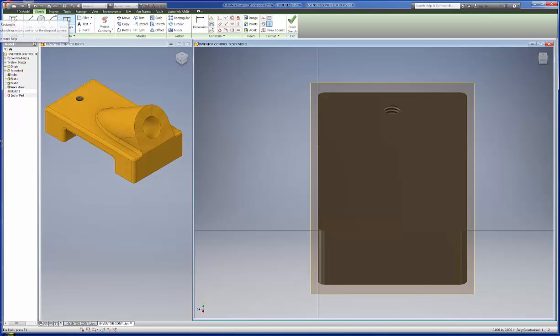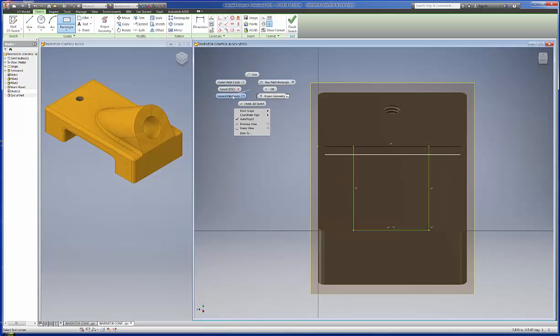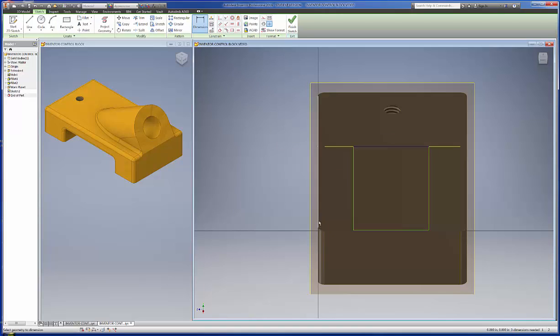Okay, so now we'll go in there and just draw a rectangle. And I want to make sure it gets attached down here. And just go up here somewhere. Doesn't really matter. I'll go ahead and put some dimensions in. So I want it to come off of this edge out here. That value, I believe, is, let's see, we've got a